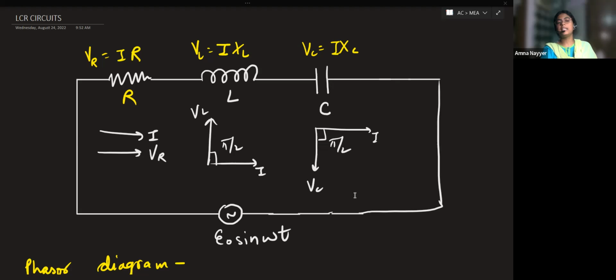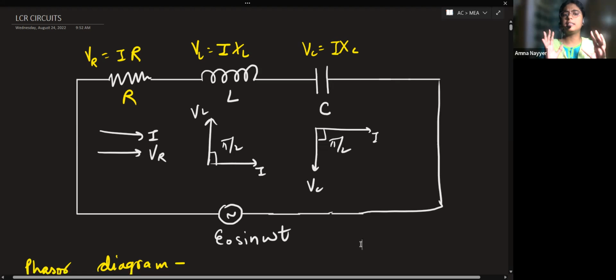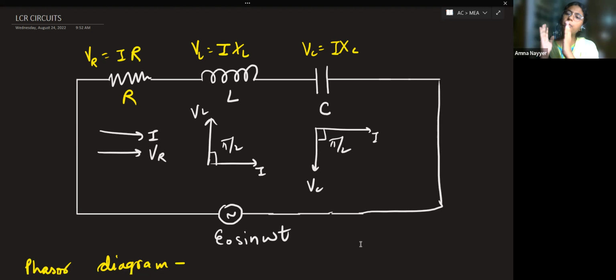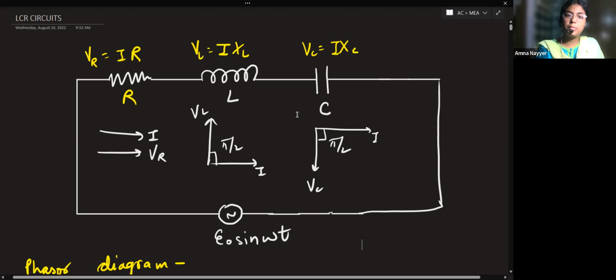Okay. In the last class, we had started with the LCR circuit. The LCR circuit was what? It was a combination of a purely resistive circuit, a purely inductive circuit, and a purely capacitive circuit. These three circuits, we had done individually. What we had seen is that when you have a purely resistive circuit, current and voltage are in the same phase. Why am I repeating it for the fifth time? Because this part is important and this is the core part of alternating current. If you're not able to understand which vector is leading which vector, then the whole concept will become wrong. And you will be having a test also on next Thursday. So be prepared for the alternating currents test also.